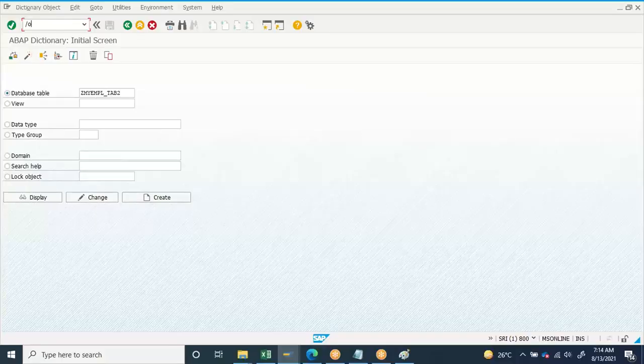So for one login, you can open 6 windows. Each window is called a session. For one login, you can open 6 sessions and work in parallel. So /o SM30. I'm going to SM30